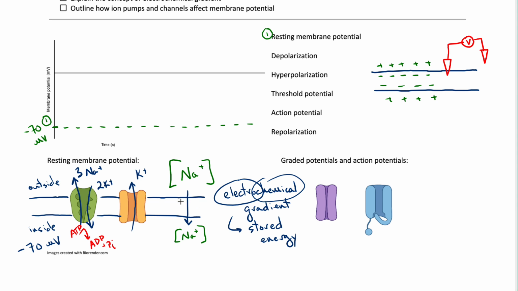Whereas over here, if membrane permeability for sodium was suddenly increased, sodium would fall down its electrochemical gradient, or with its electrochemical gradient, from outside to inside, and that would release energy. And it's by creating these electrochemical gradients and then suddenly changing membrane permeability that neurons have the ability to send signals. To get a bit closer to understanding that, now let's look at two different types of membrane proteins that